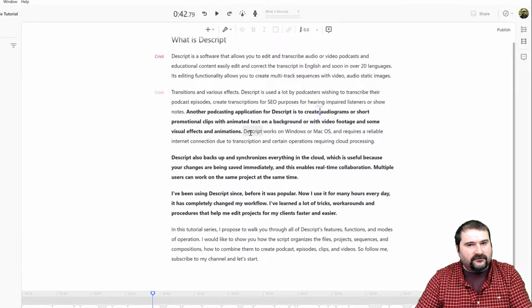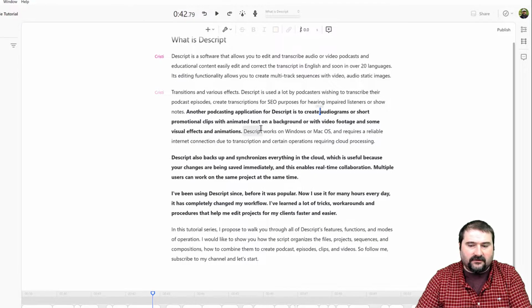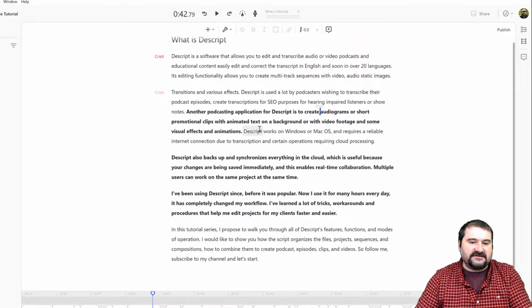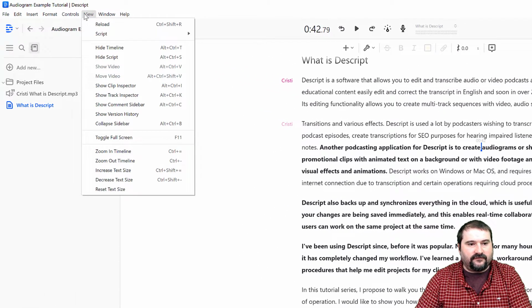One way to activate the video window, which is where you design your audiogram on the screen, is to just add a visual element. You could be adding a rectangle or fancy captions or whatever, and that's going to activate the video window. Because right now, my project doesn't have video, this is a composition that is audio only. So that means if I go to the view menu, I can't actually show the video window right here, because I don't have any video content.